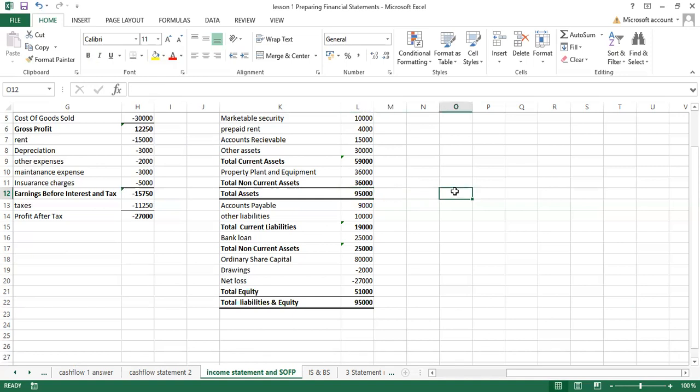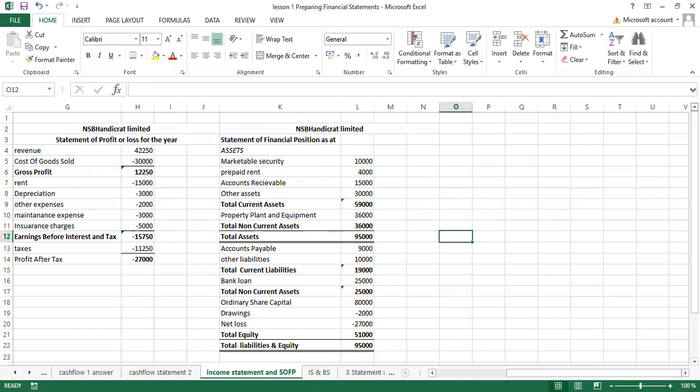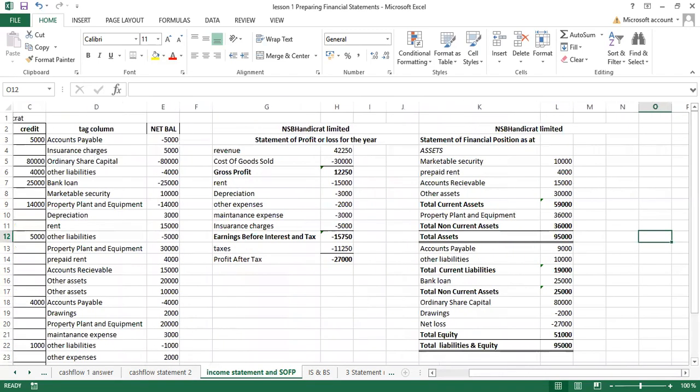That one was a very simple one. It had no adjustments. And even if the adjustments were there, actually that is the concept. Preparing financial statements, especially income statement and statement of financial position, the formula we'll be using is SUMIF, or SUMIFS if you advance. Now where we are coming here,